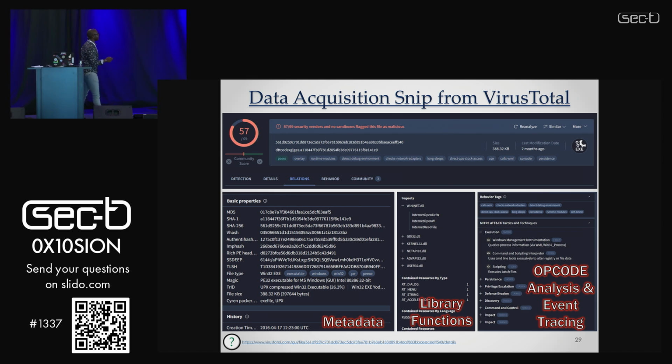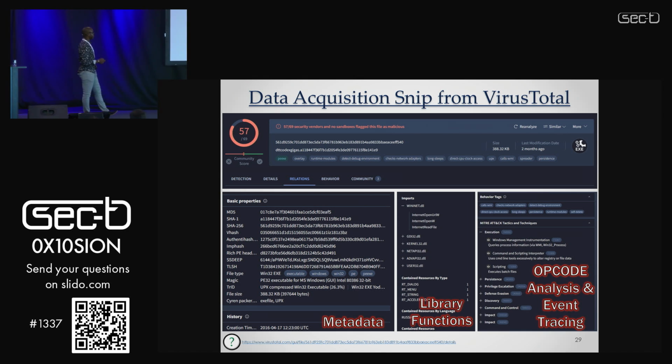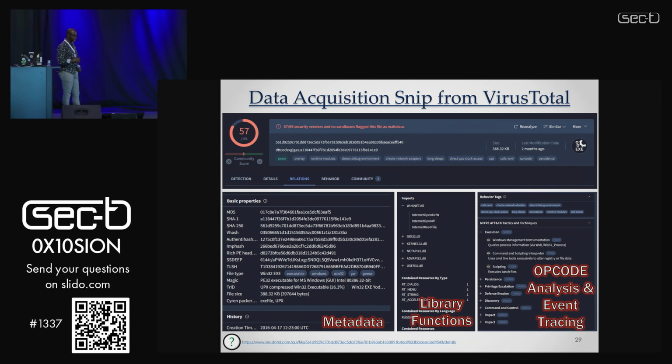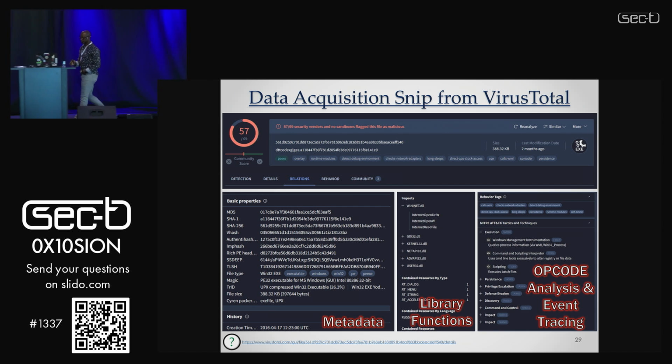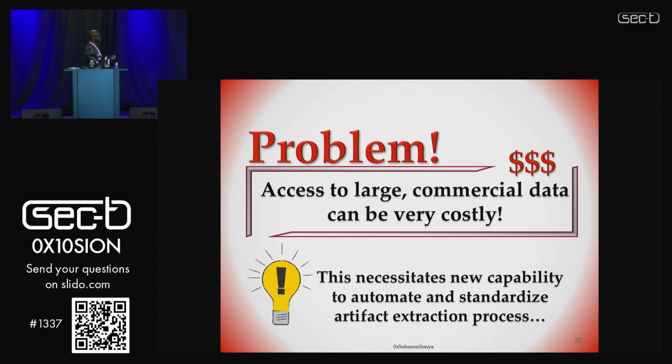Now, if we look down towards the data that VirusTotal provides, the metadata and descriptions of the binary sample, that's metadata we can use as features. Looking at the library functions as potential capabilities, and the way malware can operate on the system, these are features. And the same thing on this side, its behavior. I'm not sure if VirusTotal did a deep inspection of the code, because I do that as well, but at least they can give us a summary, even attaching it to the MITRE ATT&CK framework to say these are similar things we've seen in this specific sample. Those two are features. So now you're already familiar with looking at features.